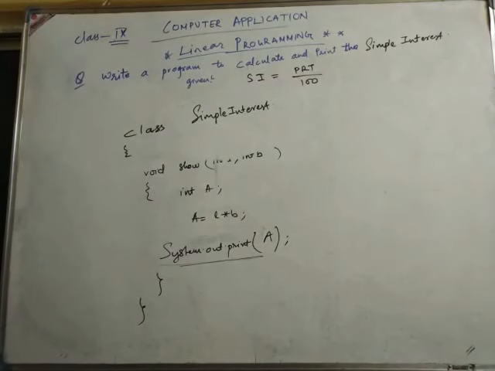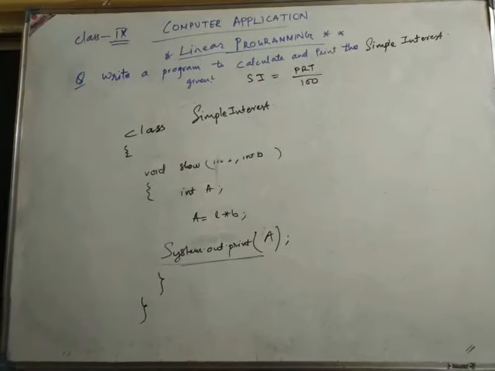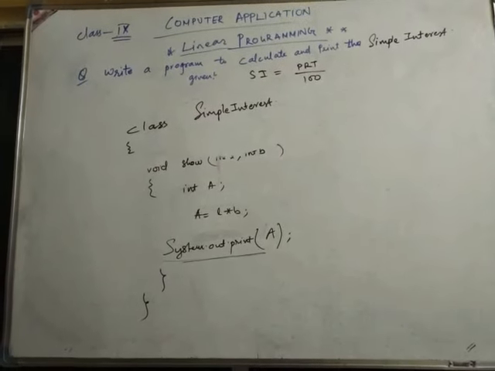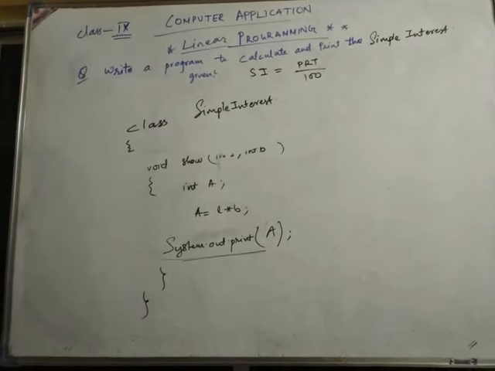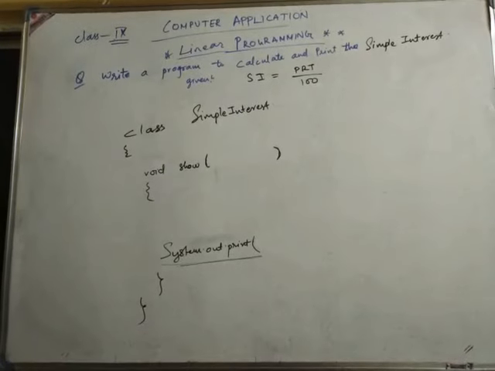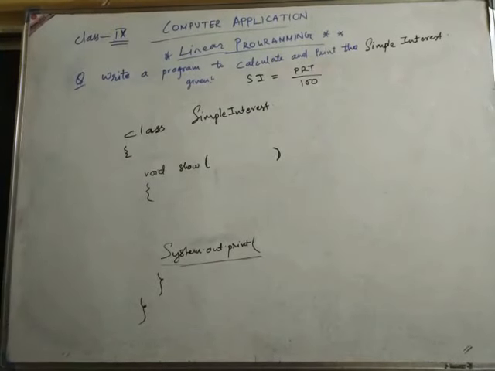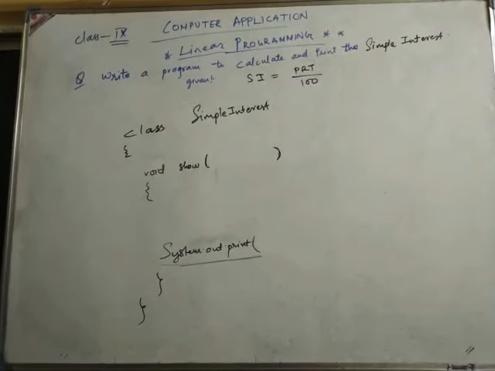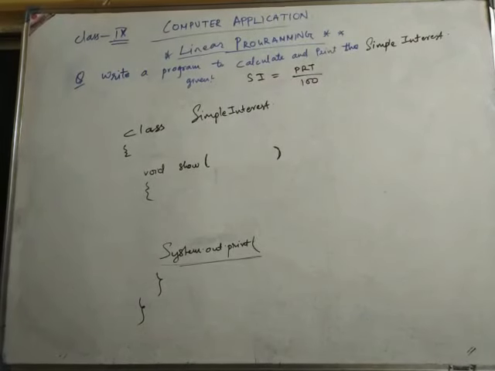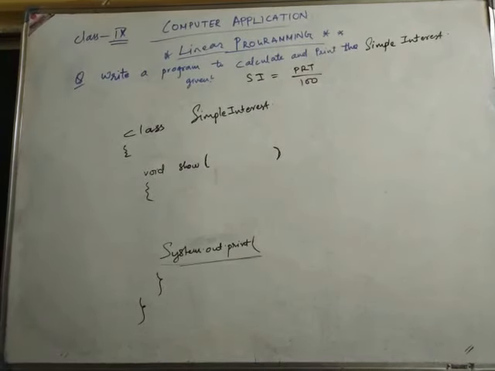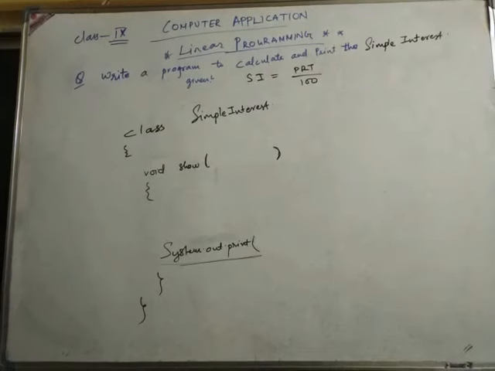Now in the void show, what things do I have to do? I have to bring changes in those places. I am going to rub it first so that it does not confuse you all. So basically this much portion will be there. Now inside the void show, we change according to the question. For finding simple interest, what are the things we need to know? We need to know principal, rate and time.